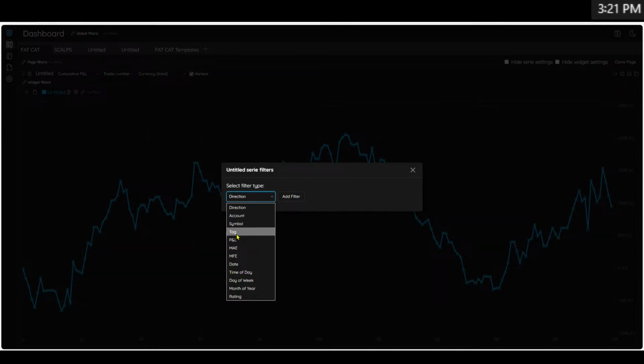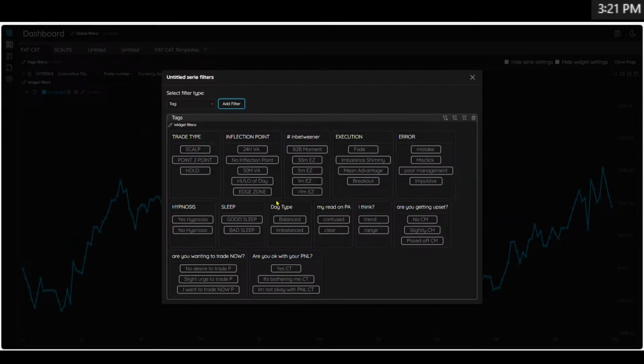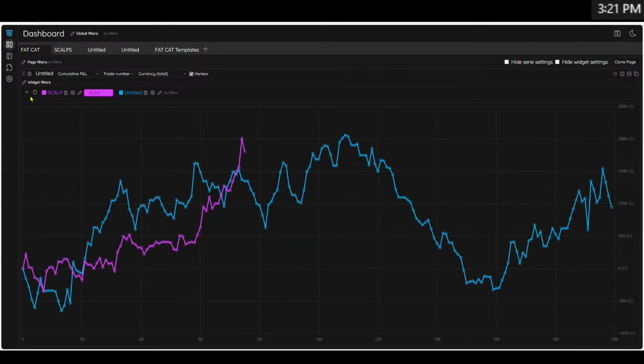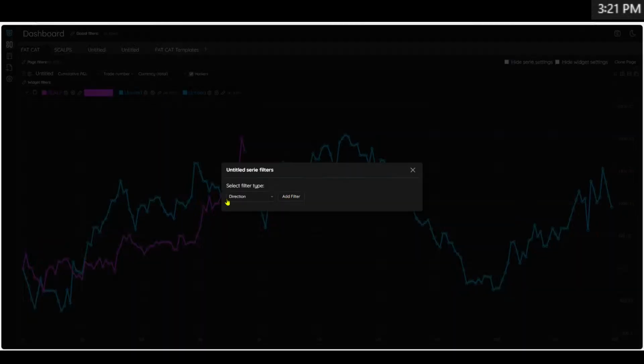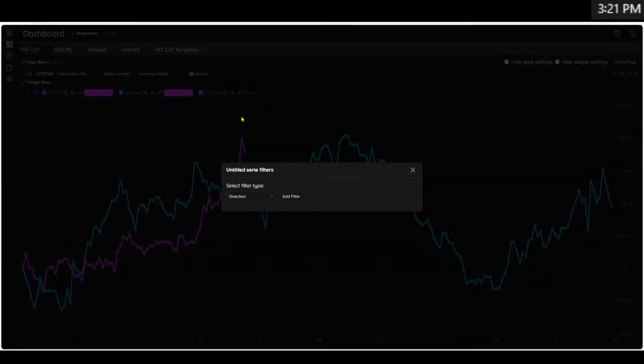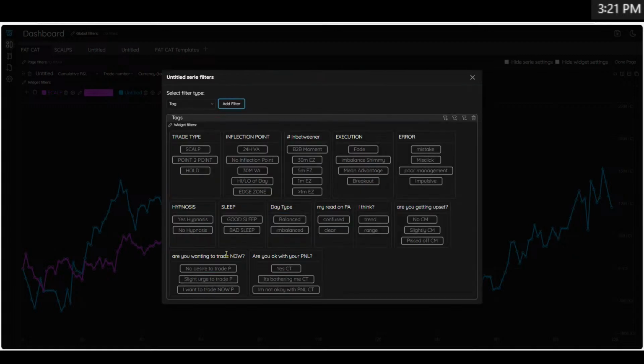So let's do this. We're gonna do tag, add filter. We're gonna go scalp, and then I'm gonna do it 3 more times. So why would I do such a thing? Well,